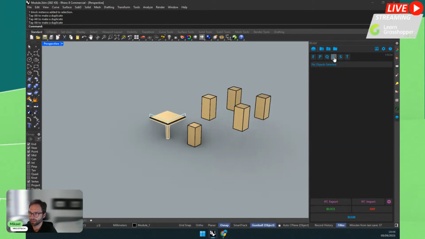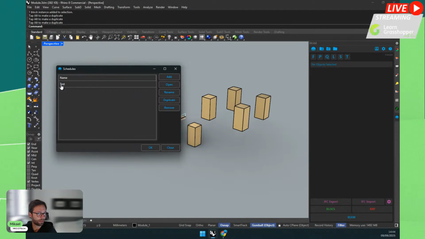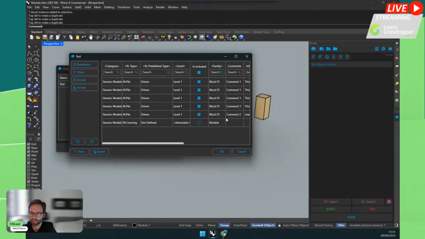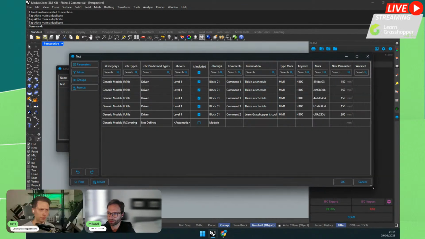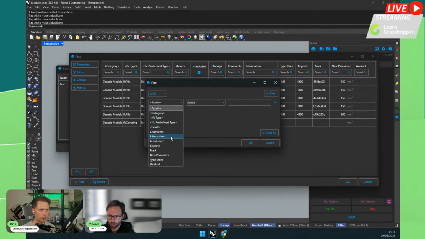look at. Okay, so if I go to Q, now you see my schedule is saved in my file. So as I open it, I have my data updated with the latest model information. Then I can say, okay, let's add a filter. So I will go maybe a bit quickly here, maybe Chris, because we can go very in depth in this. Maybe we cover this tomorrow a bit more. But I can create a filter, either and or, and start querying some parameters.